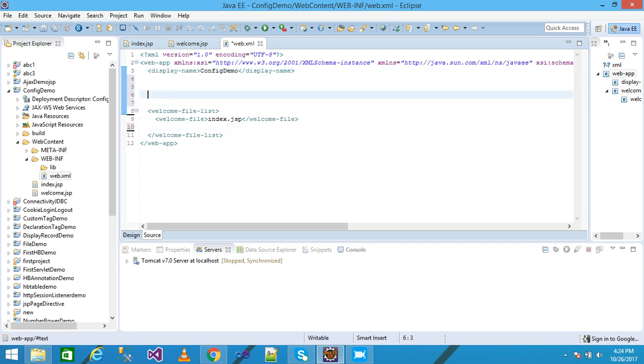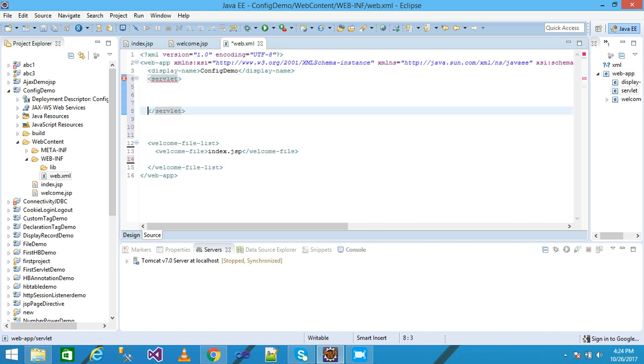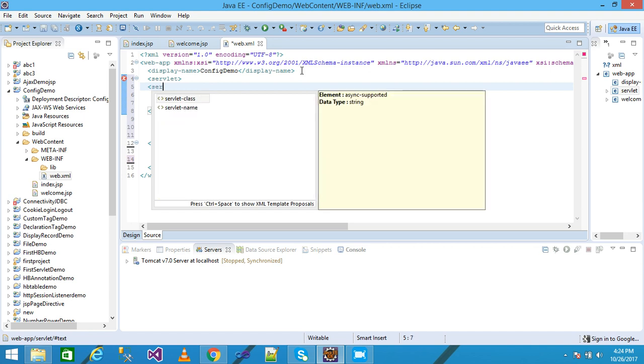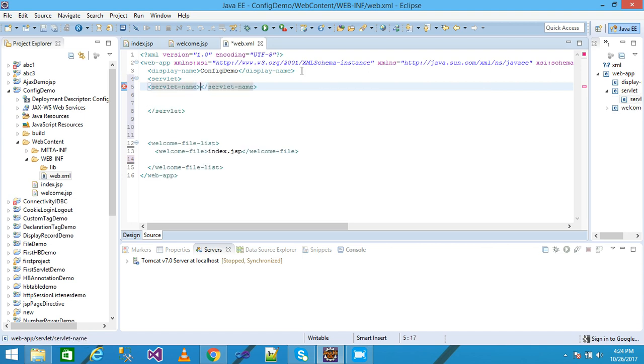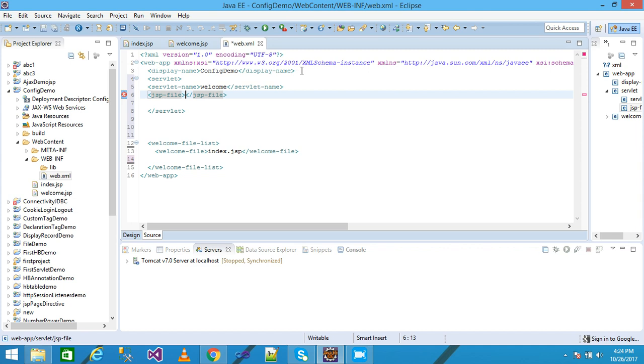Press enter, and using the servlet tag, I write the servlet name. You can write your servlet name as anything, so I write my servlet name as welcome. And here you need the JSP file name, and I write my JSP file name as